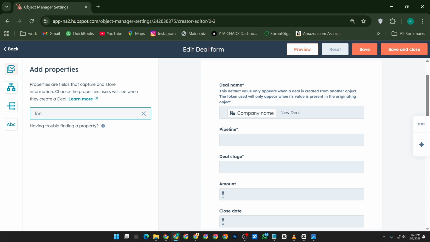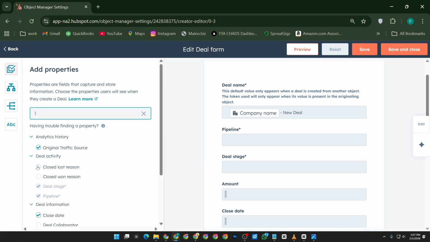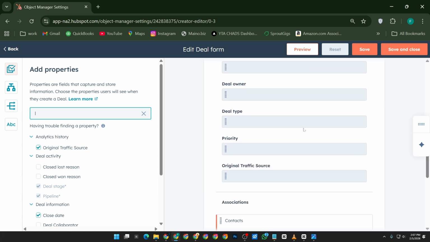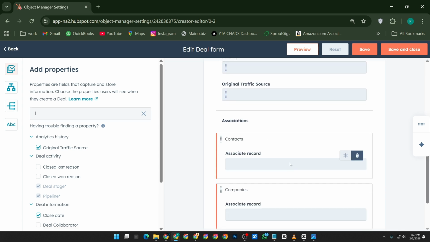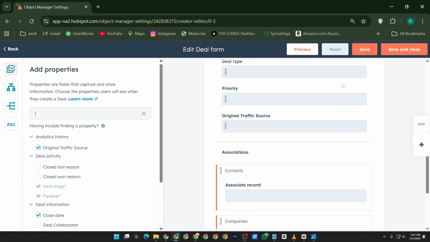Now, whenever you create a new deal, it will follow the naming style you customized, making your HubSpot workflow more organized and efficient. And that's how you customize the default deal